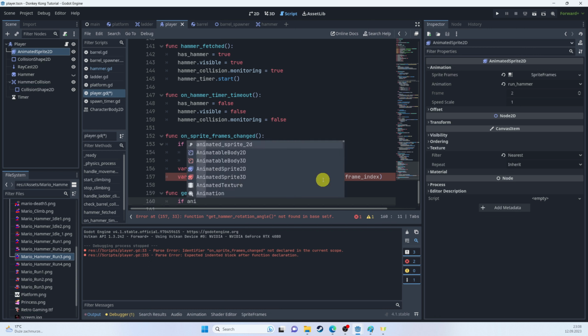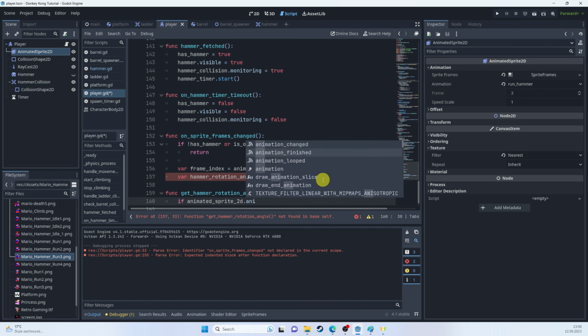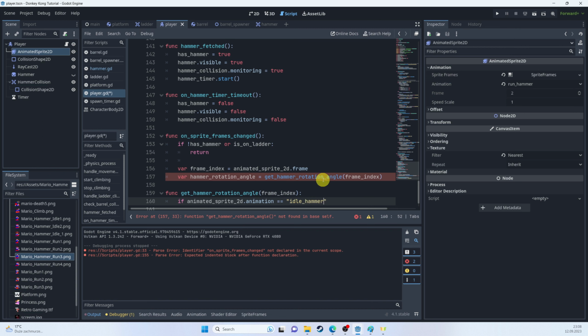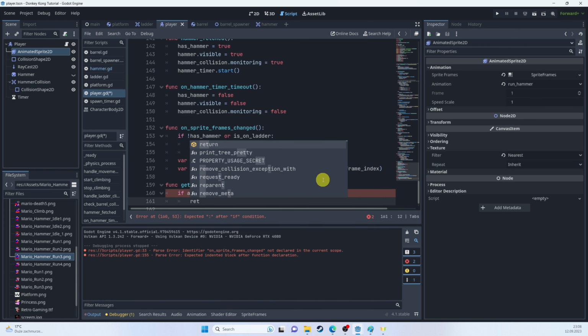If animated sprite 2D animation is set to idle hammer, then we know we're only using 2 frames. So return